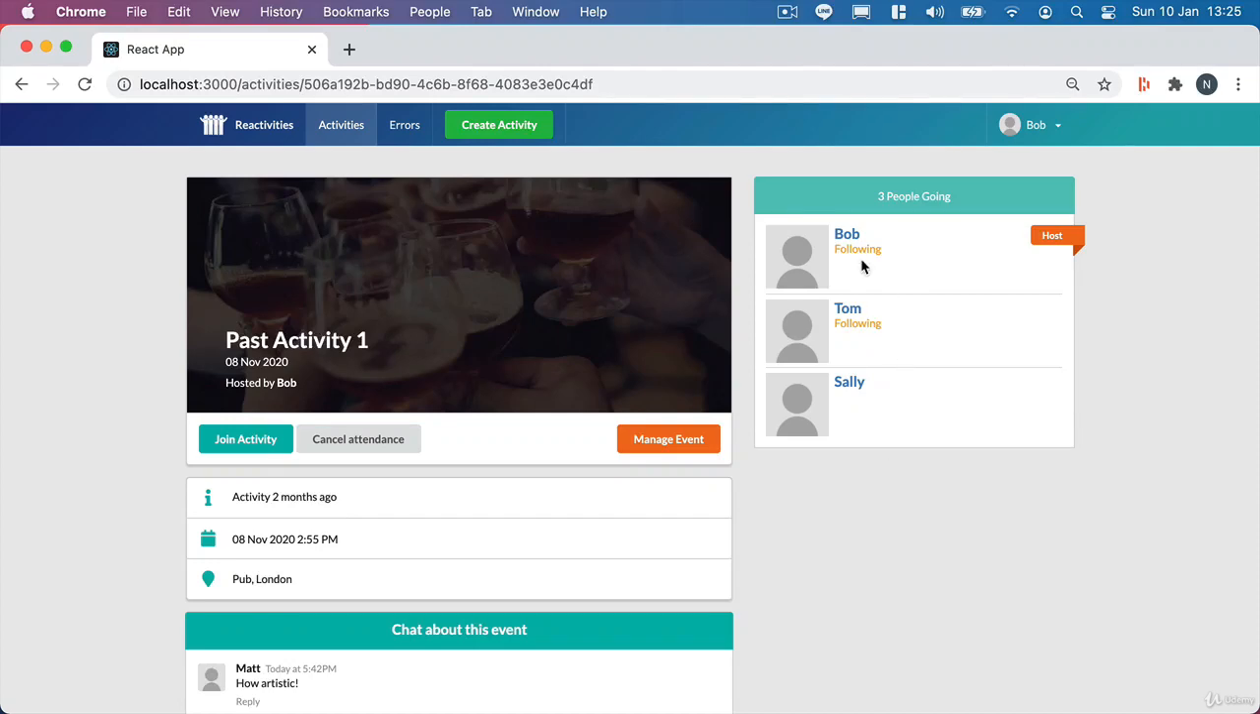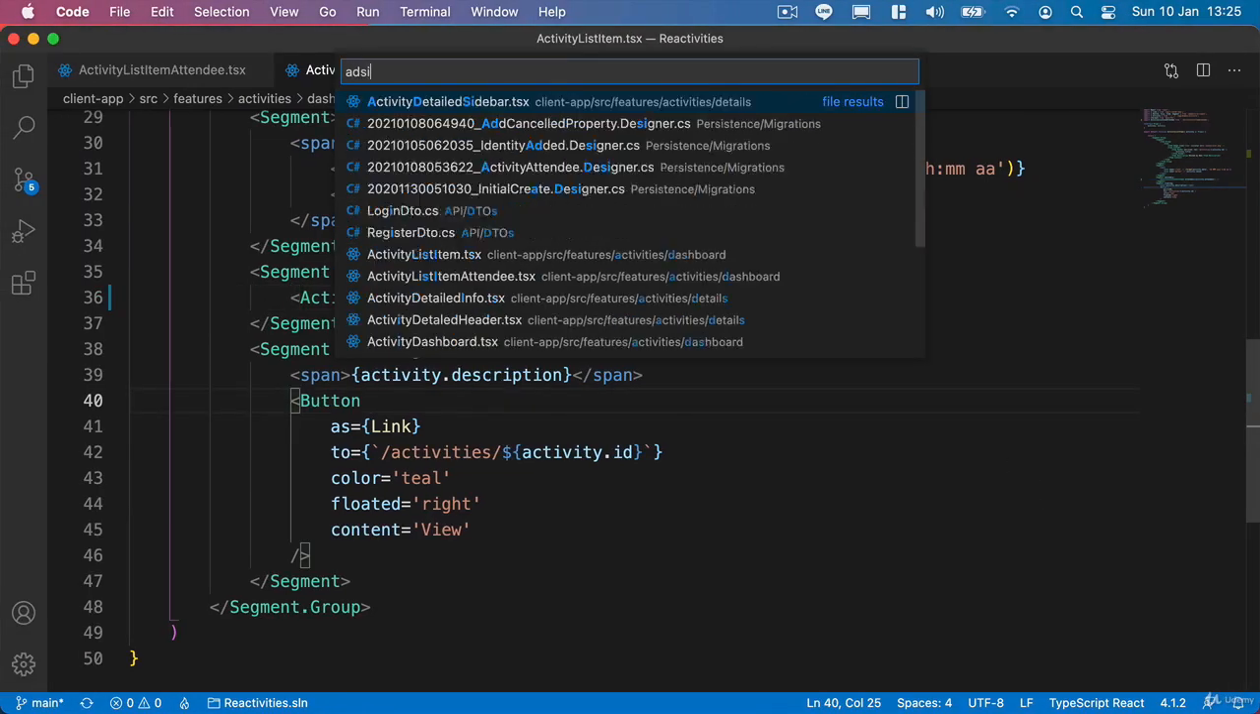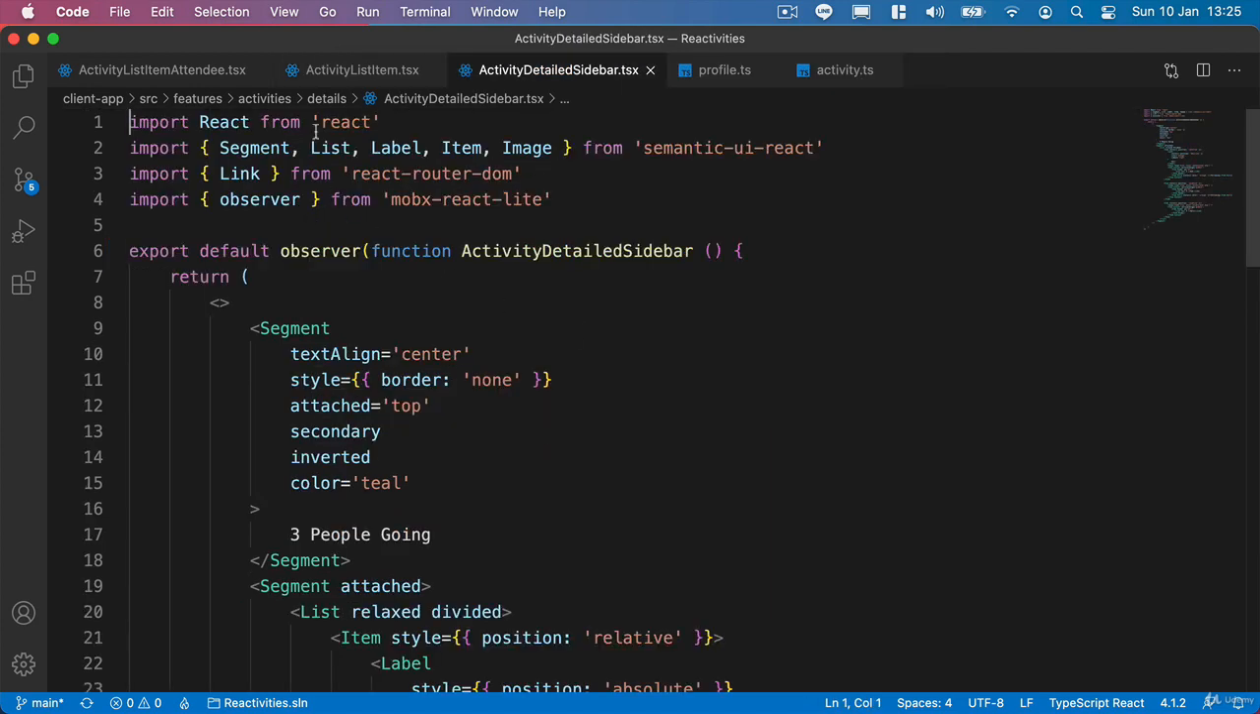Okay, let's take a look now at getting the attendees on the right-hand side of our activity details component. So we'll head back to VS Code and let's open up the activity details sidebar component. And let's just close the others. And what we need to do in here is bring our attendees in, just like we did for the attendees